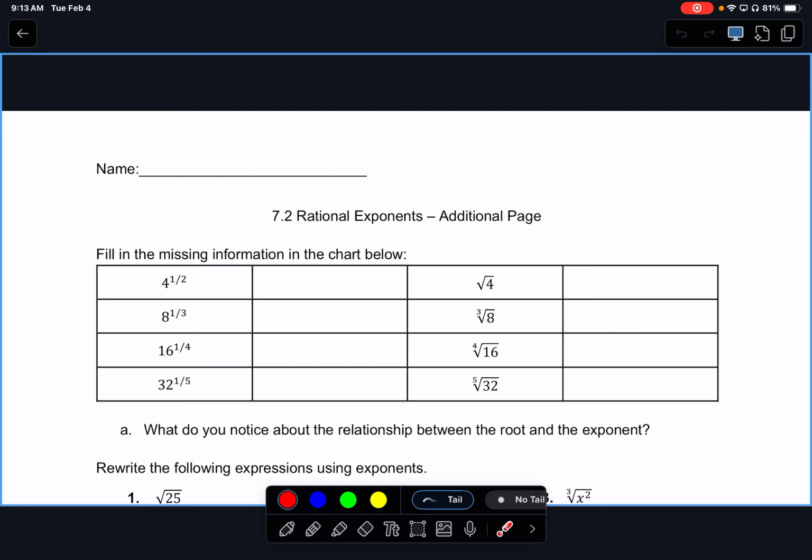Alright, so this right here, sometimes you'll hear that referred to as an index, but more often than not we'll see it called a root. So when we have just this right here, what does that mean? Now it's what you said, Ransom. It's a square root. But whenever you change what's written there, it becomes a cube root, or a fourth root, or a fifth root. So right there is our root. When I say the word root,